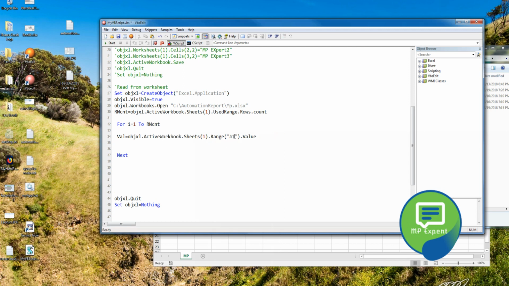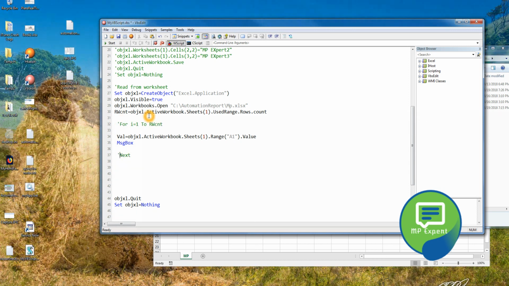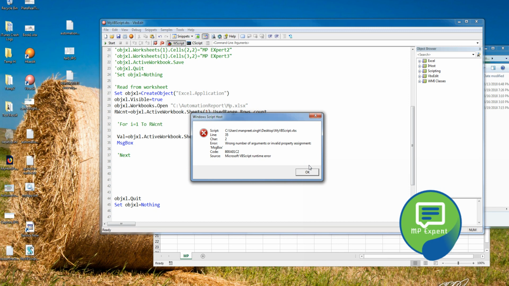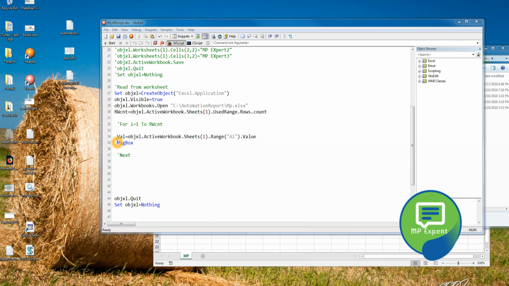so here I'm passing the value of, it will give us the value of this one first. Let's check it out, the value of this one. Let's disable this for loop because right now we don't need it. So let's check it out. Message box, cell value. Okay, so it is giving our first value, MP expert. Okay,